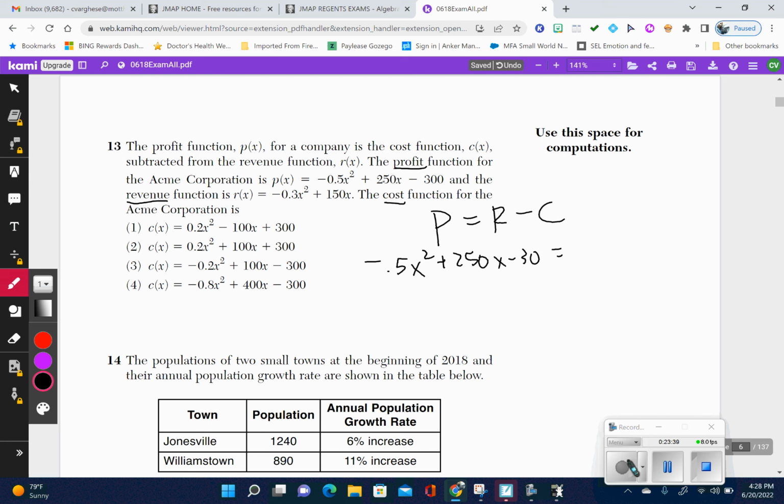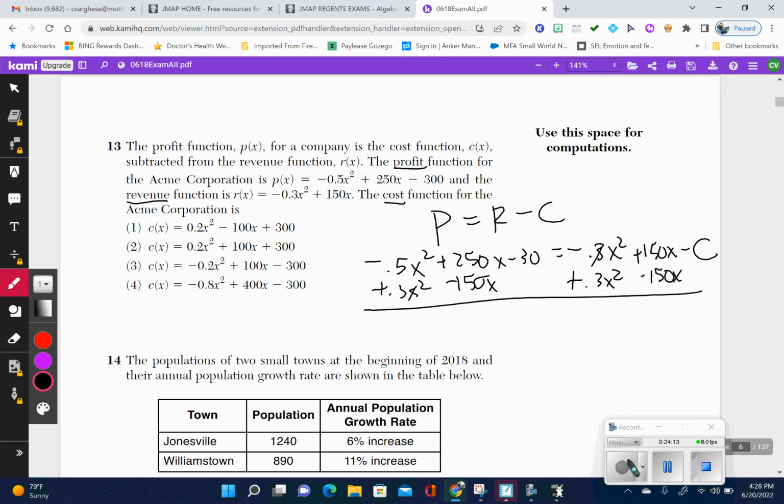So the revenue is negative 0.3x squared plus 150x, and then we have to do minus the cost. So we're just basically going to solve for c, which is right here. We're going to move everything over to one side. So we can go ahead and just add this 0.3x squared, add it to this 0.3x squared, and then subtract 150x. So that lines up with this 150x. And then if we do that, this cancels out, and you are left with negative